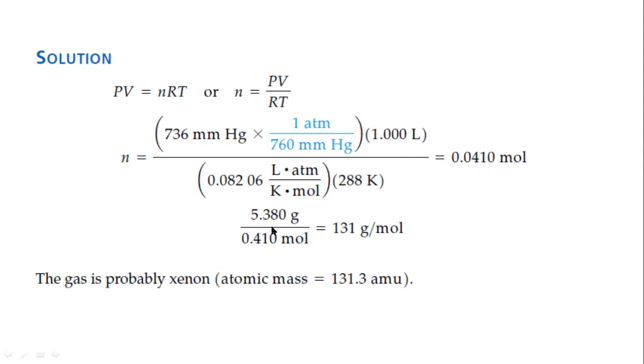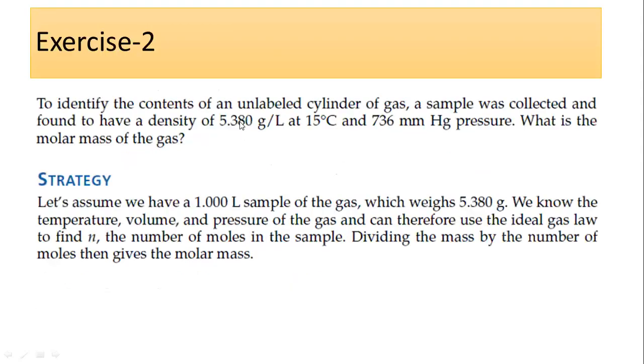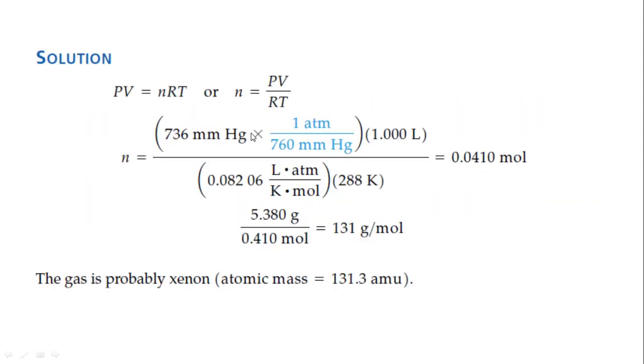Now you can convert this number of moles to the molar mass, and the molar mass or molecular mass is gram per mole. So the grams are given in the density, 5.380 gram, and you have calculated the number of moles by using the ideal gas equation, and the value is equal to 131 gram per mole. So this is actually the mass near to xenon. That means the cylinder